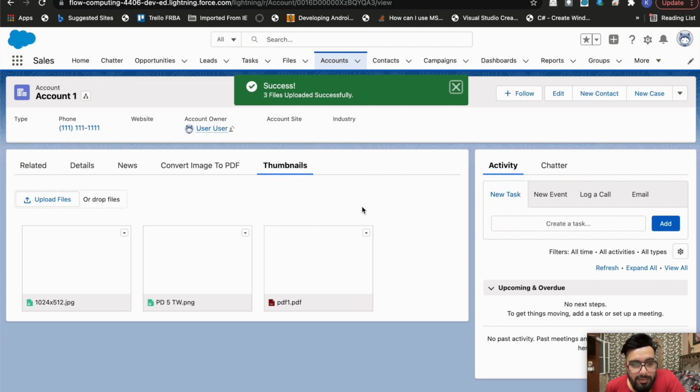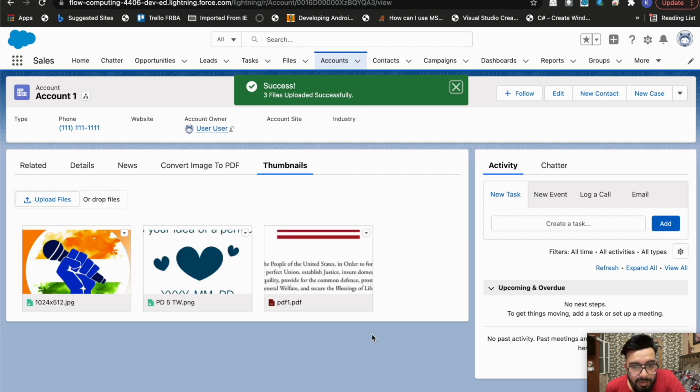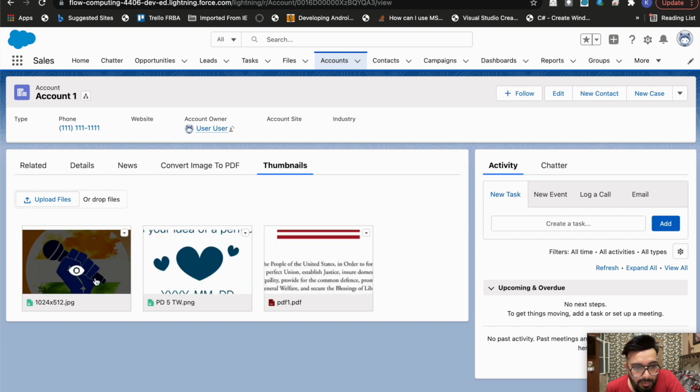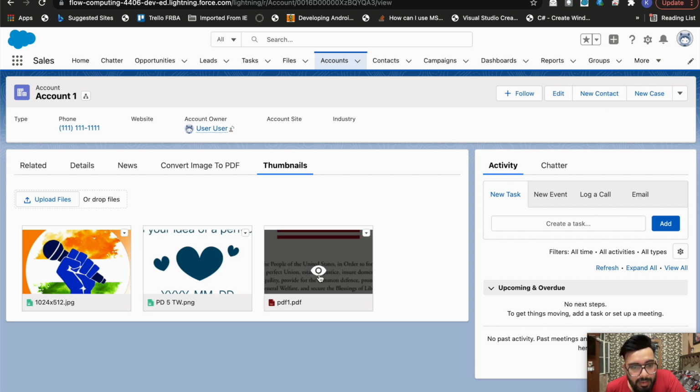Okay, so guys, these are the thumbnails from that files. You may see these are kind of a gallery kind of a layout here, and underneath that you may notice file name with the file icon. So if we talk about these two files, so one is JPG, one is PNG, so the file icon is same. And if you will see the output of the PDF file, then the file icon is PDF here. So guys, that's how we will be displaying different image grid, and we will be displaying the icon as well.